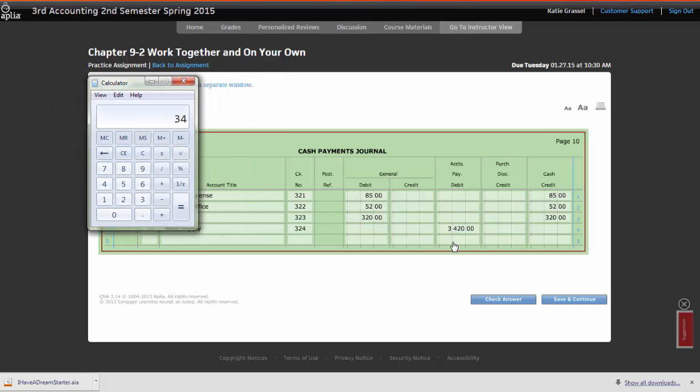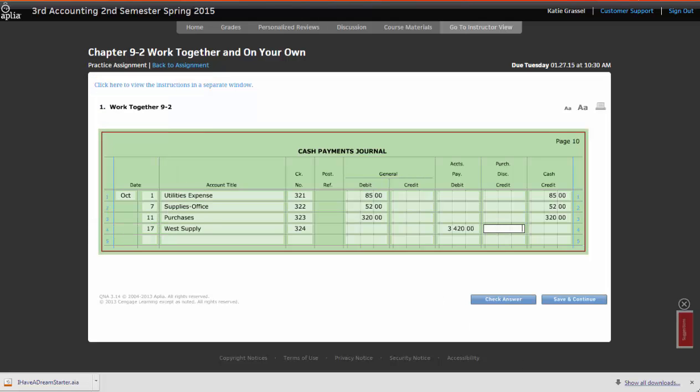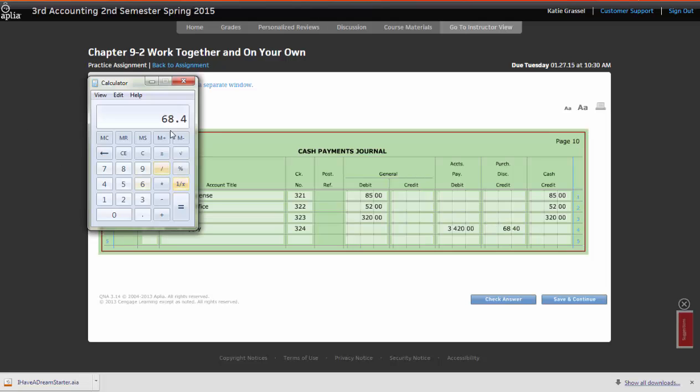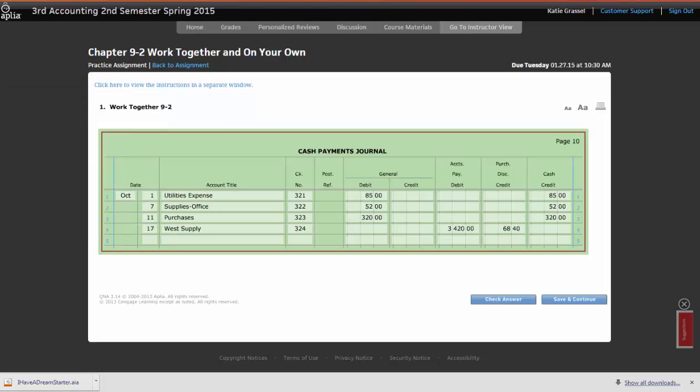I'm going to take 3,420 and multiply it by 2%, 0.02, which gives me $68.40. So I have 3,420 not in the general column, but in accounts payable. Purchases discount is going to go here for $68.40. And then in my calculator, I take 3,420 and subtract 68.40, and my cash is going to be